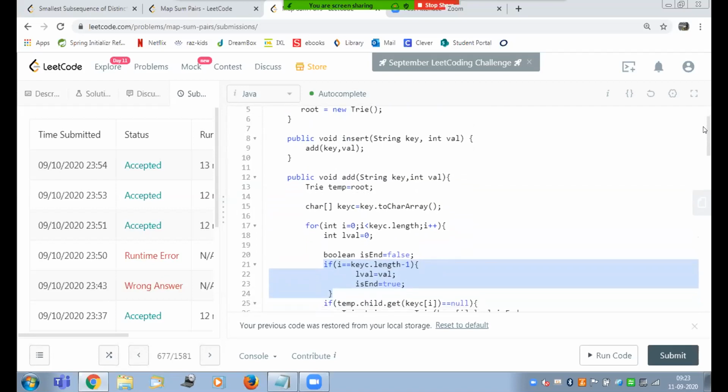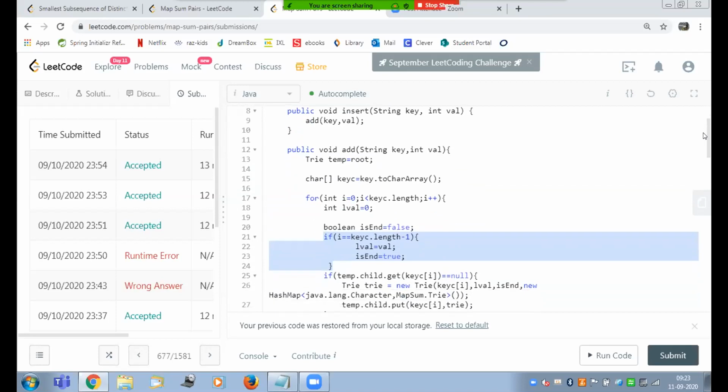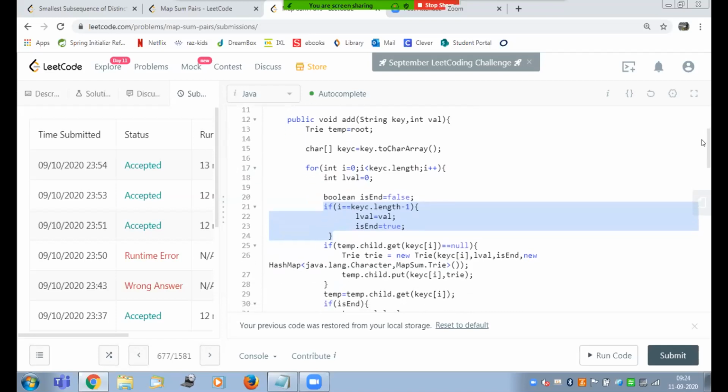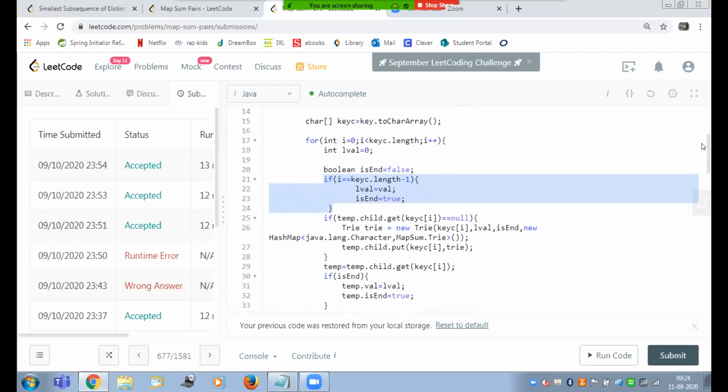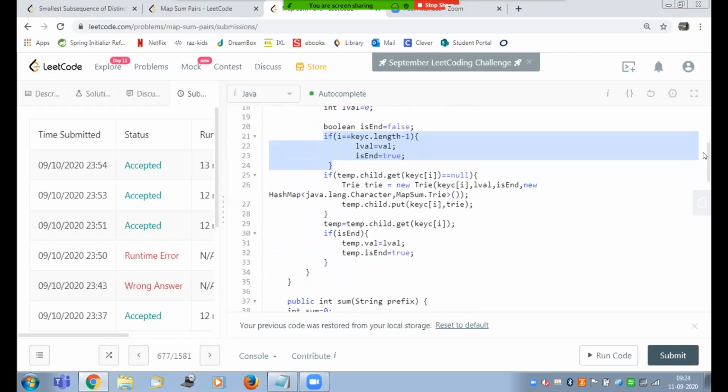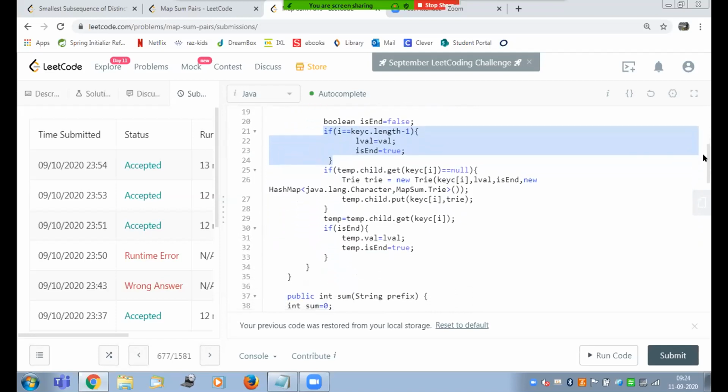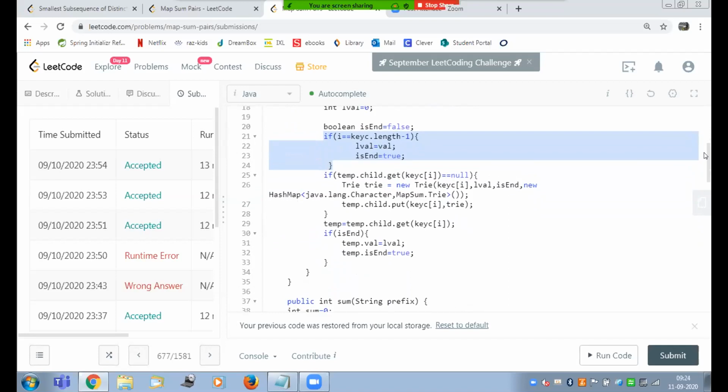So basically, on the key, I'm going character by character. If it is there in the trie, I will use that. If it is not there, I will just add the new one. And if I got to the end of my input and it is also present in the trie, that means it's an existing value.